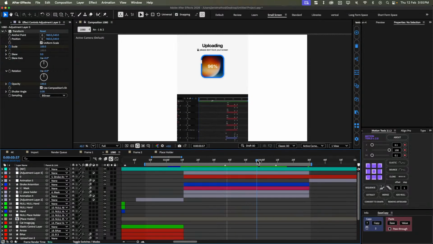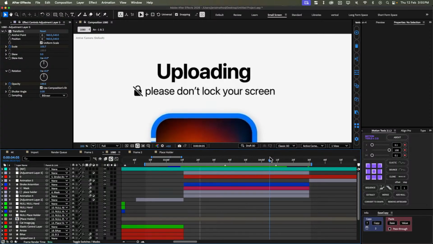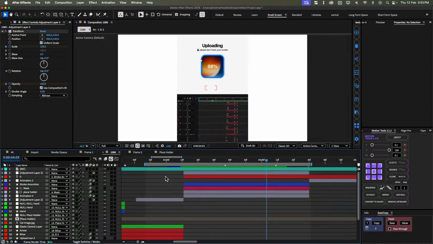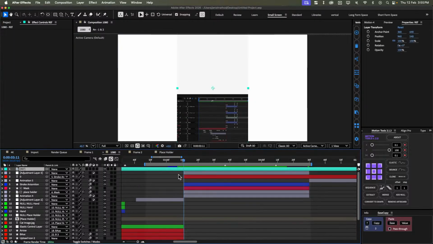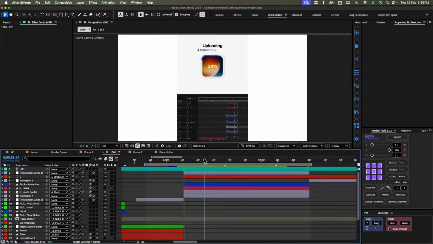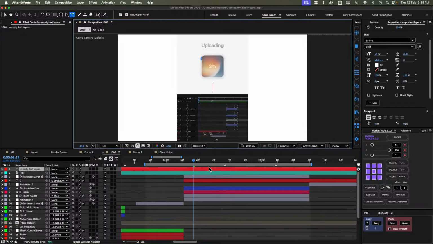He used everything 3D, okay. If we zoom in a little bit, as you can see, this icon is 3D, the text is 3D, but I'm not gonna use 3D here, okay. I will use the basic ones like we did for this in transition with the adjustment layer like this. I'll play with the scale, okay. So let's type uploading,